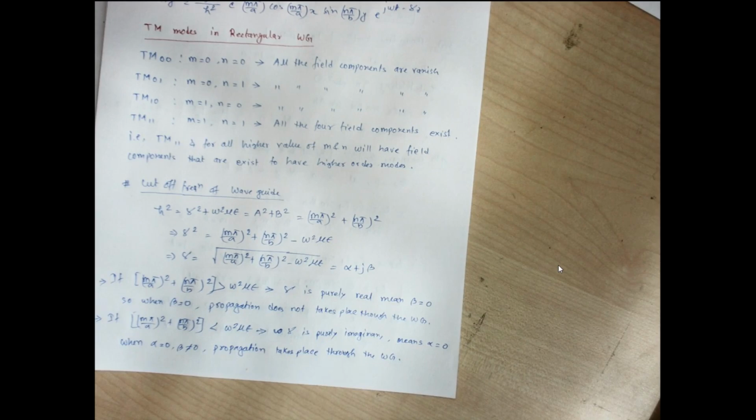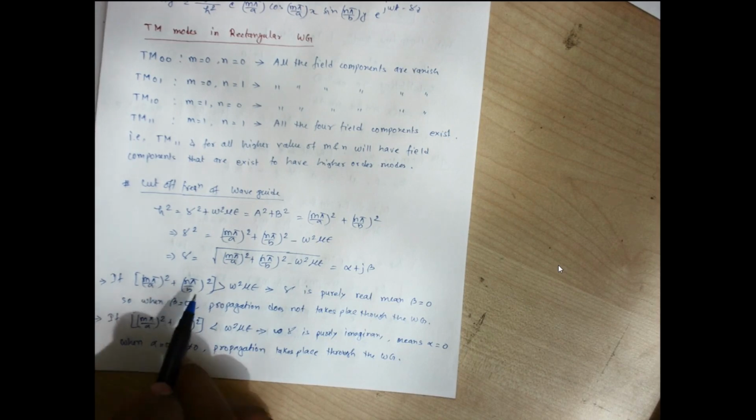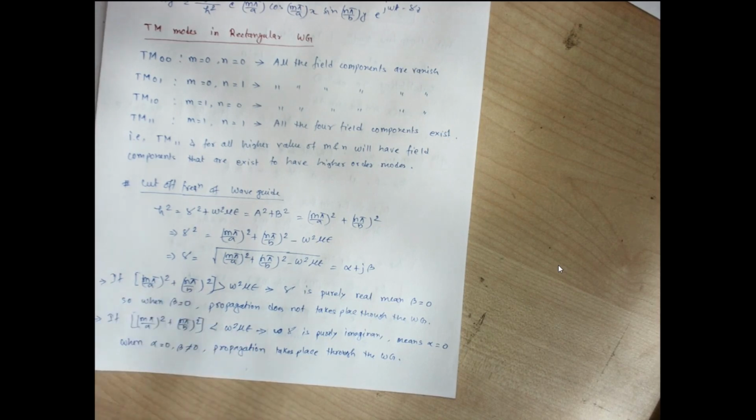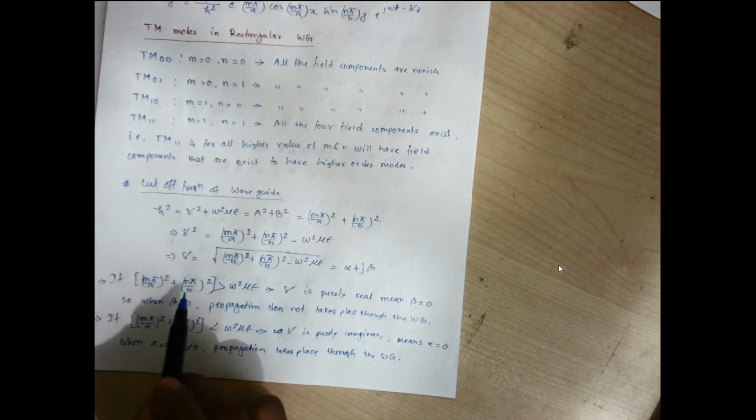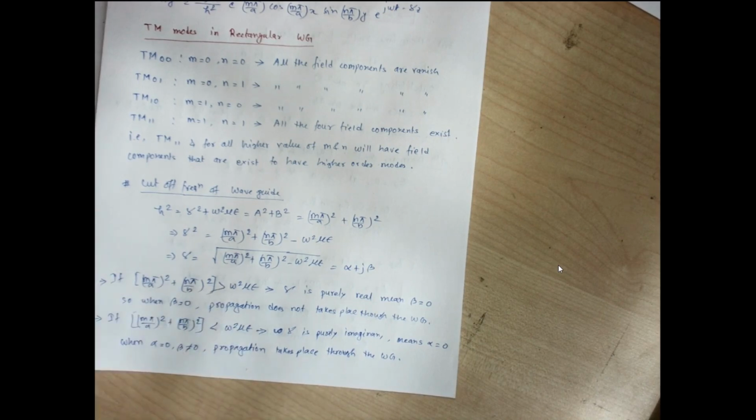Now we need to decide a boundary such that if we cross that boundary we have propagation, and if we are below it, or on the left side of the boundary, we don't have any propagation. How can we decide? If we are just at the value that is just greater than omega square mu epsilon, we don't have propagation. So if we take these two values as the same, then for that omega we can say this is the cutoff value after which propagation starts.